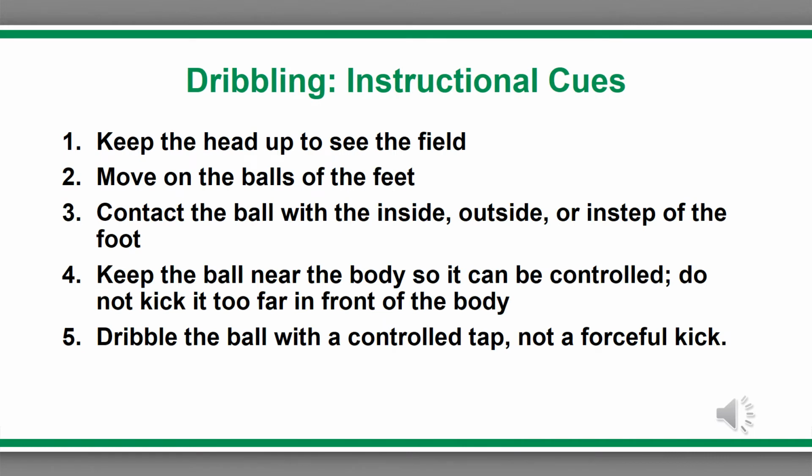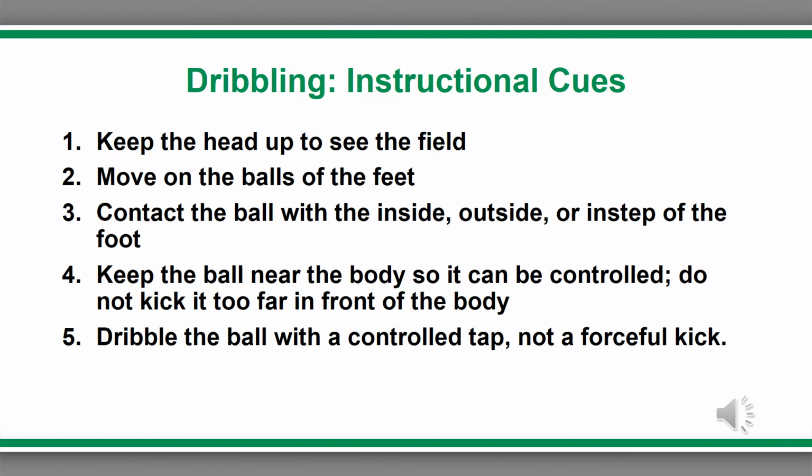Dribbling is an offensive skill. We dribble with our hands in basketball. We dribble with our feet in soccer. You can use all the different parts of your foot, inside and outside, to dribble. Basically, when you're dribbling, you're going to do a series of taps or pushes to cover the ground while still retaining control of the ball. So you don't want the ball going too far in front of you. The best contact is the inner side of the foot, but you can also use the outside of the foot